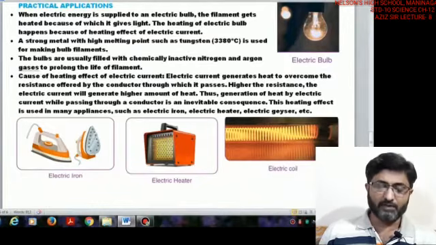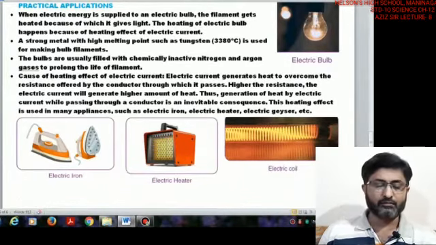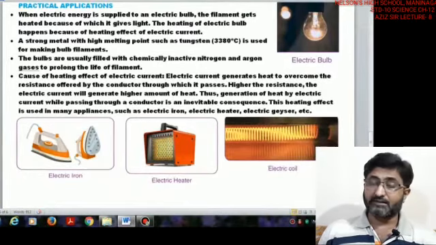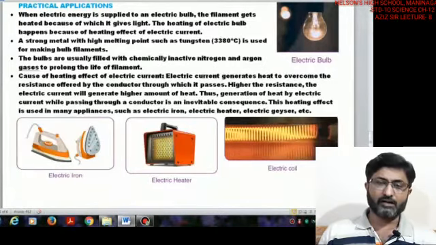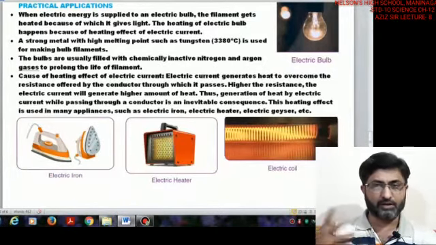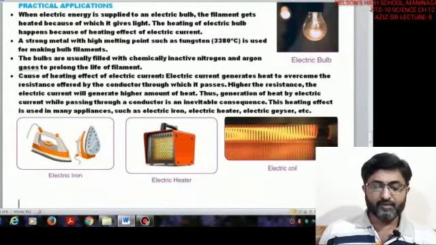So, we use this melting point and allow it to go on heating, passing the electrical current, and the bulbs get heated. But the gases filled are like nitrogen and argon, so that it does not burn out in the presence of oxygen. So, oxygen is never filled inside the bulbs. That is why when the bulbs are broken and you light up the filament, it is okay also, but it burns in a few seconds of time, fine.